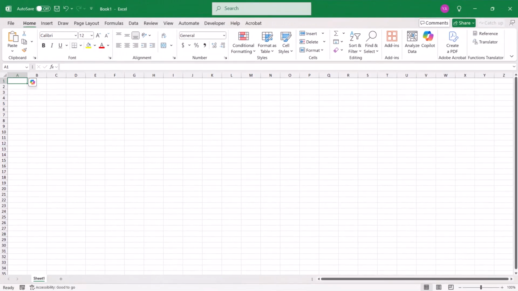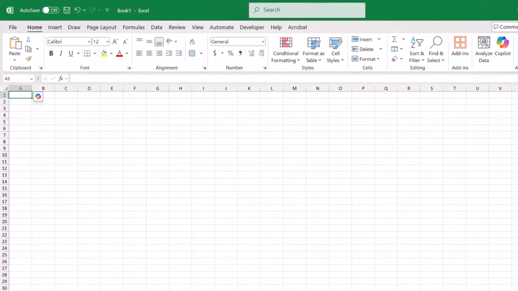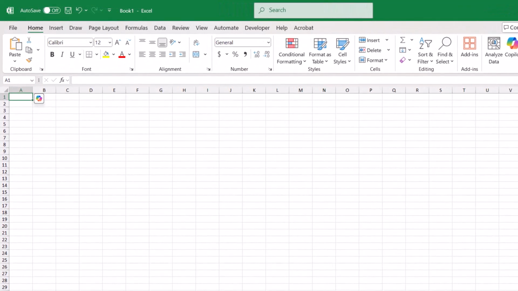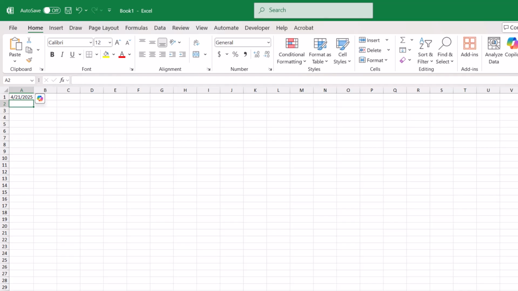So we're going to start by creating an area for the first day of the week. And in this case, this will be Monday. So in cell A1, we'll write April 21st, 2025. And then just below it in cell A2, I'm going to write Monday. And in cell A3, we're going to create what will be headers for our schedule. So we'll start with employee,